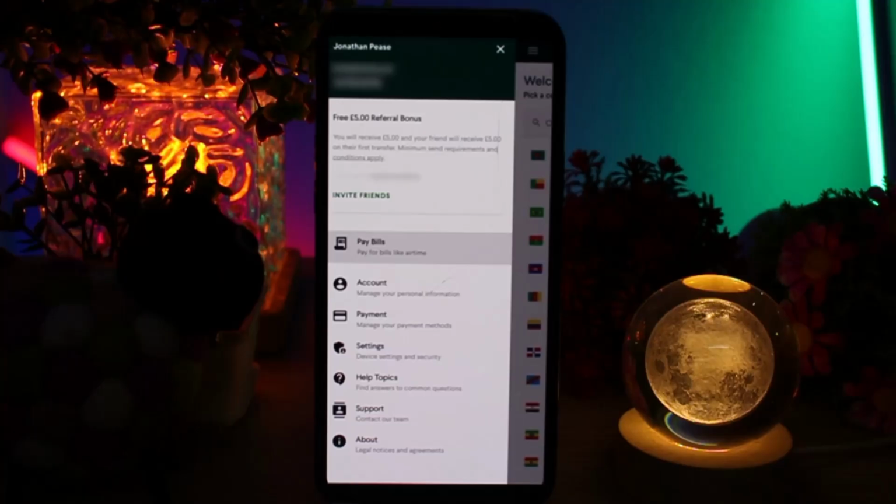And that's it. You cannot delete transaction history on TapTap Send using an iPhone, but your information is secure, private,